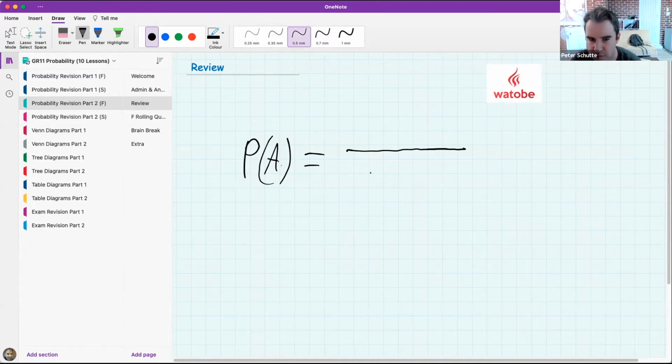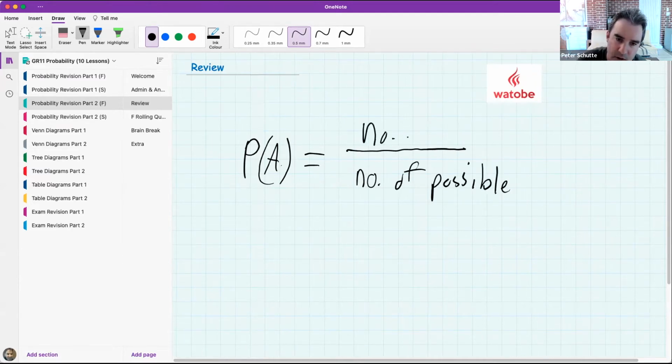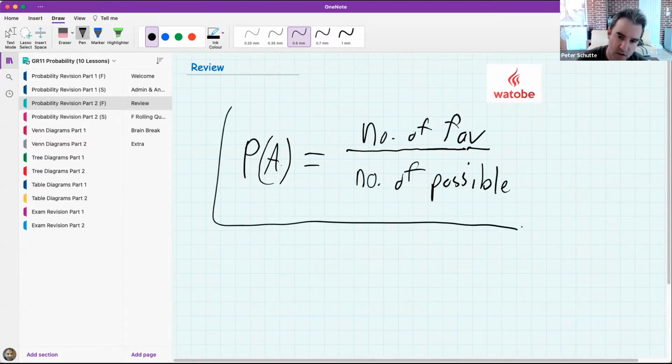Okay, I know what you're going for there. So I like to say it's the number of favorable outcomes over the number of possible outcomes. This is basically the most important equation in the whole of probability. Whenever you have some event A,